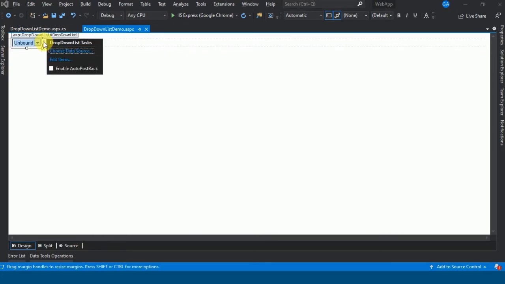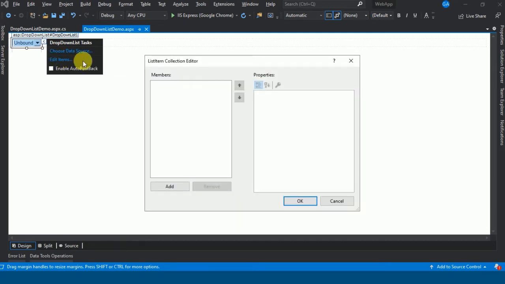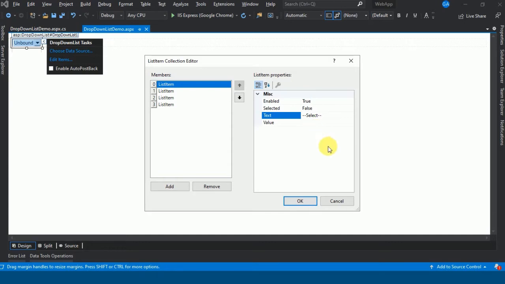Now this can be done. You need to simply click on this particular arrow and say edit items, and this particular window appears. So you can say add, let me add 4 items. Let's say select, and specify the value as -1, India. Let me give this value as 101,